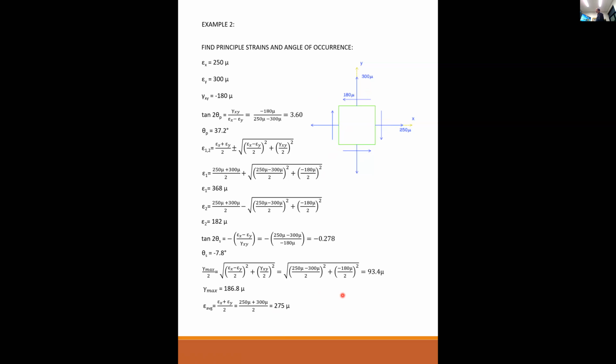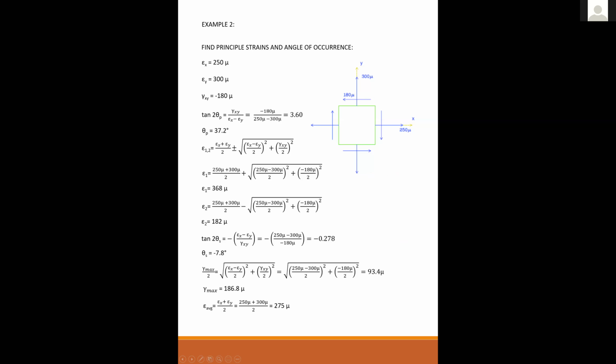thank you. So, Professor, if there's a x prime and y prime over here, so the theta will just theta plus 90, right? If like it's inverted